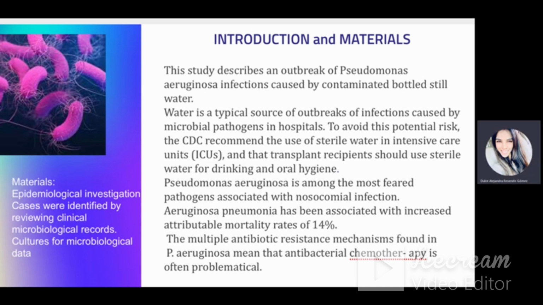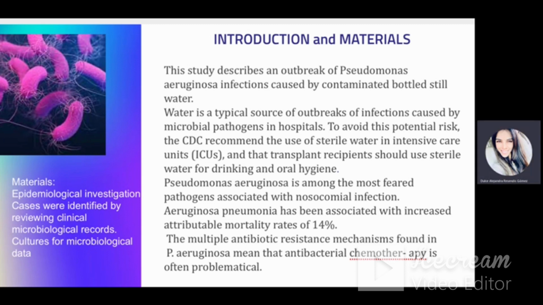Aeruginosa is among the most feared pathogens associated with nosocomial infections. This has been associated with mortality rates of 14%. They have resistance to multiple antibiotics. They especially cause outbreaks in ICU patients